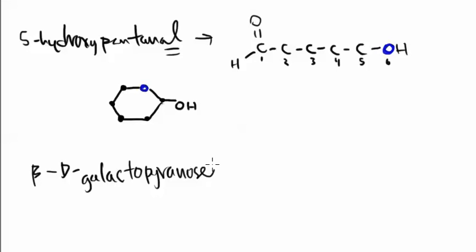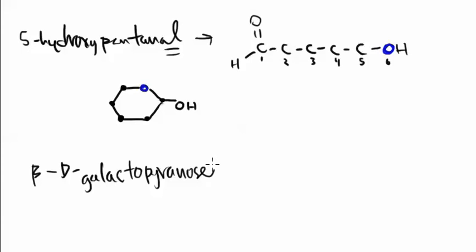Bottom line. The reason that we don't really regard alpha and beta in this situation is because alpha and beta are really looking at the OH group, whether it's pointing down or pointing up, but it's in perspective of everything else on the molecule. So compared to group 2, is it pointing down or pointing up? So it's kind of weird not to label this as an alpha and a beta, but